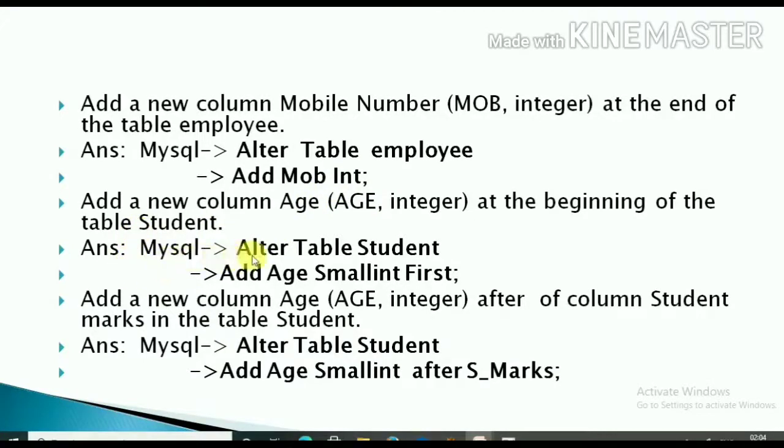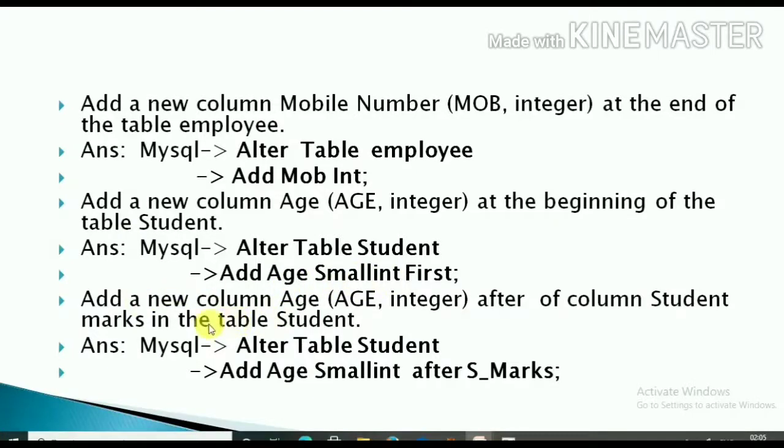So the command will be ALTER TABLE student, and you have to add the column age: ADD age, data type SMALLINT, and you have to write the keyword FIRST. So the command is ALTER TABLE student ADD age SMALLINT FIRST; so we add the age column first in the table.